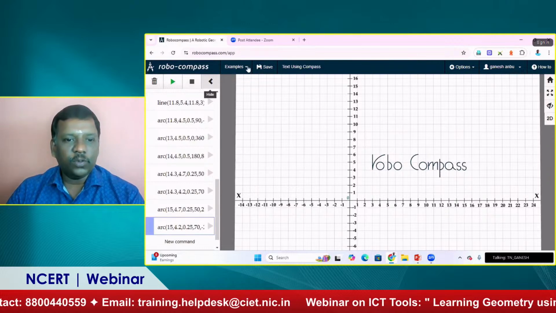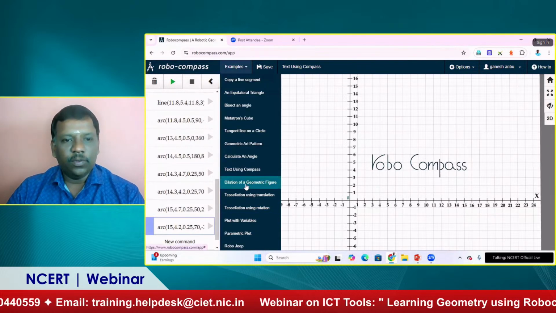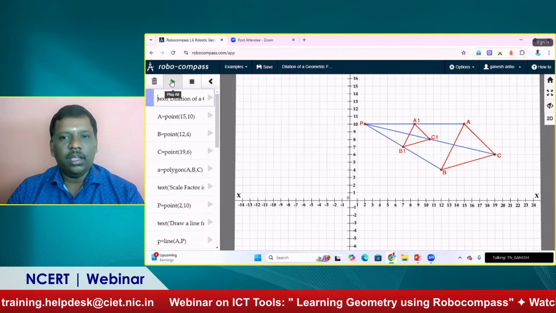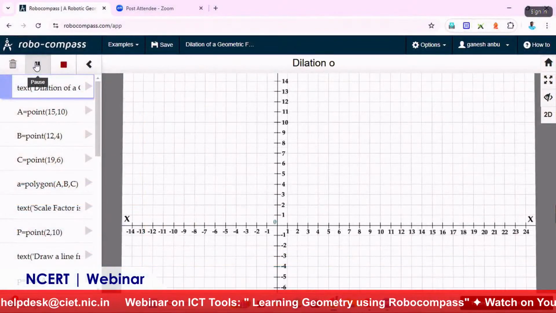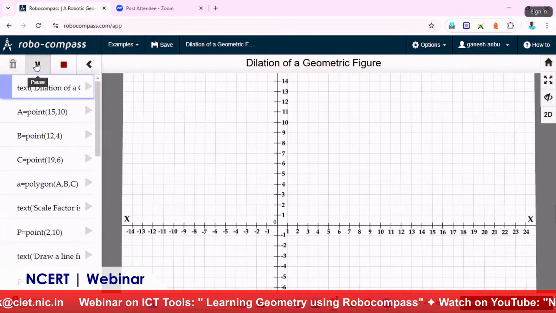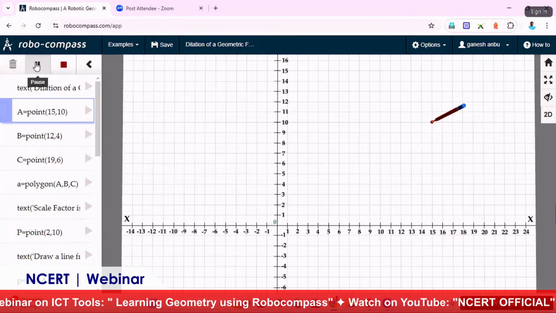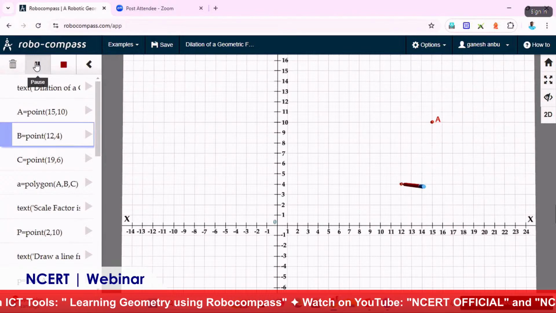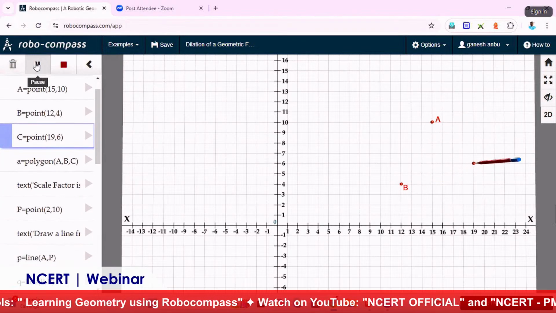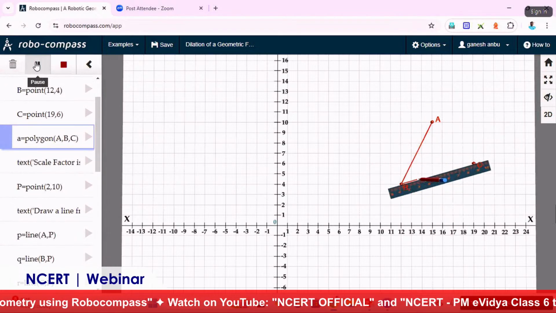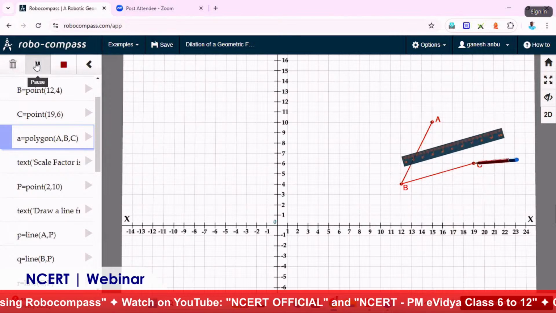I will show some other thing: dilation in geometry. If you want to dilate anything, you draw a triangle, and then if you use the command dilate, it will give you a dilation of the same figure with some coordinates. Now you can see the visual screen. Now we are drawing the